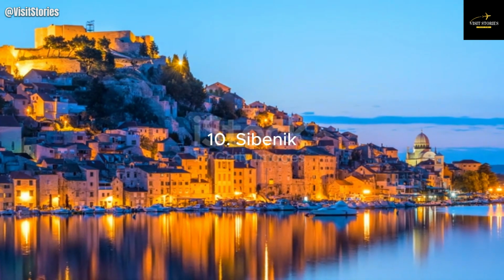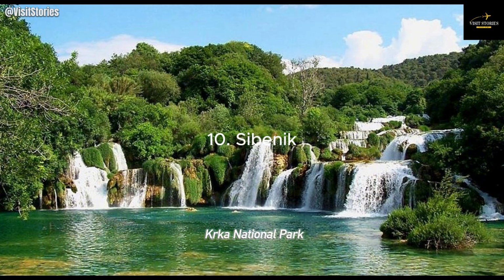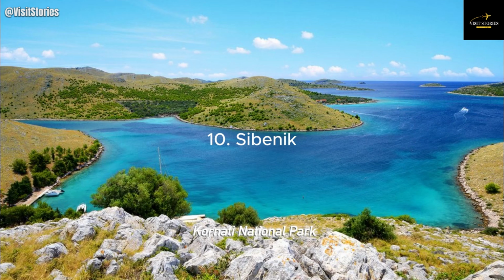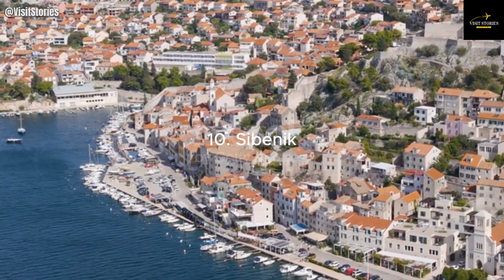10. Šibenik. While most tourists see Šibenik merely as the jumping-off point for visits to nearby Krka National Park and the Kornati National Park, those in the know will have realized that this historic city is worth a longer visit. Lose yourself in the tangle of Venetian marble lanes flanked by pretty stone houses and the old town's bijou cafe-filled